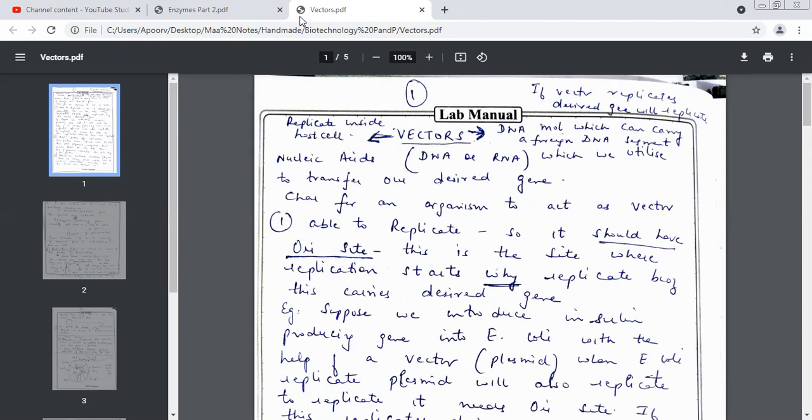Which ones are molecular scissors? Endonucleases. Which one are molecular glues? Ligase. Which one removes phosphate? Alkaline phosphatase. Very good. And which one adds phosphate? Phosphorylase. Very good. So we had done that we can insert a foreign gene into a host, any host,